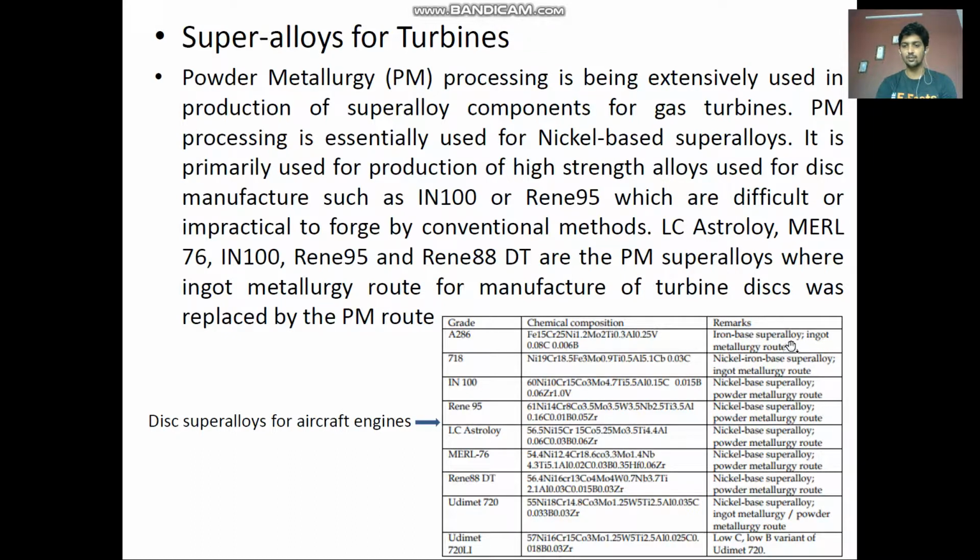It is an iron based super alloy, and they fabricate it using the ingot metallurgy route. They have given the process used to fabricate with this particular alloy. Similarly, there are some more, with remarks on which type of super alloy each is and how exactly it is fabricated. This is how super alloys are used for turbines of a gas turbine engine, and because of using super alloys, the turbine inlet temperature range increases, with which we can generate more and more thrust. So I hope this is clear.